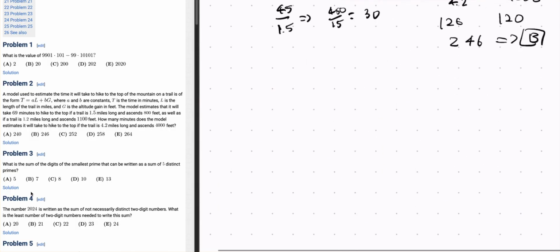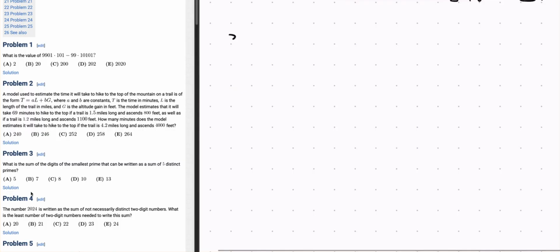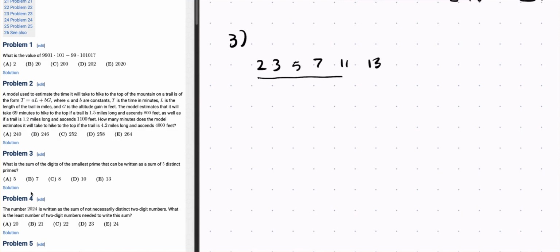Now let's solve number 3. Problem 3. What is the sum of the digits of the smallest prime that can be written as the sum of 5 distinct primes? So let's just list out all the primes: 2, 3, 5, 7, 11, 13. And if we sum these three, then they give us